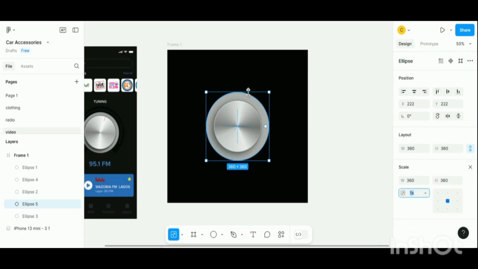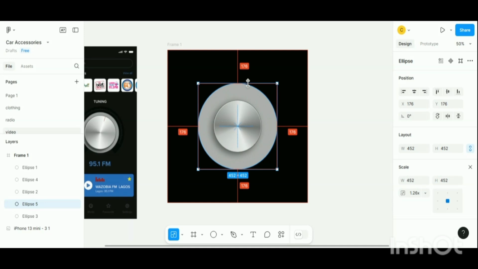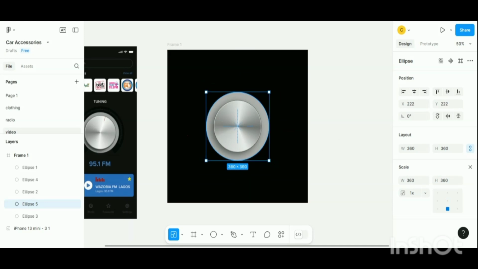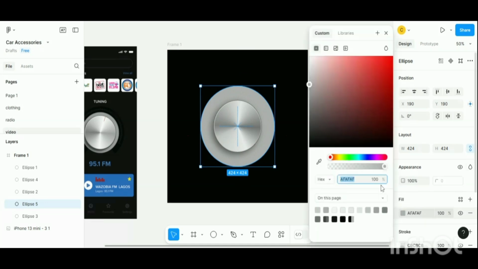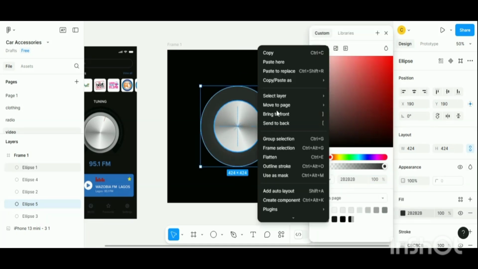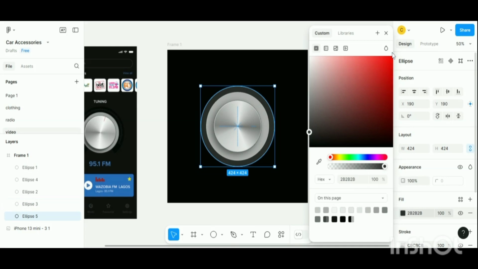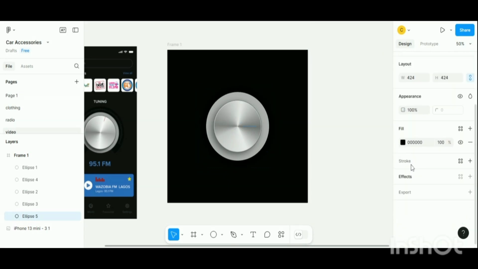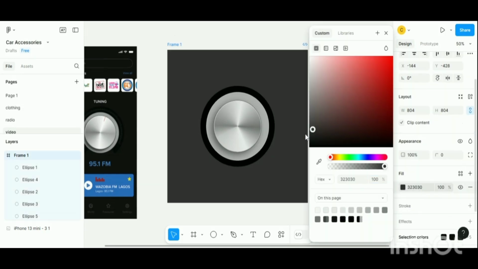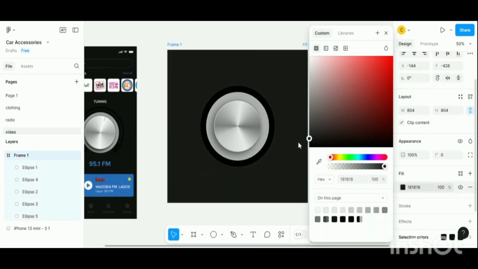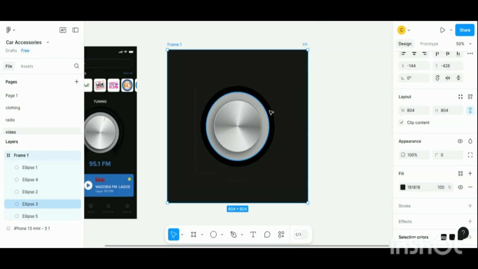So basically this is it. The other part is just me duplicating the last ellipse and scaling it up, and just turning it dark and removing the stroke color. So I took it to the back, sent it to the back, made it dark, and removed the stroke color. It's not showing here, so I have to reduce the fill color of the frame, so I could actually see the dark